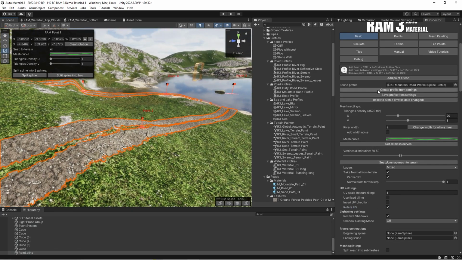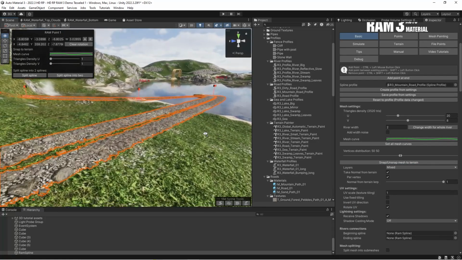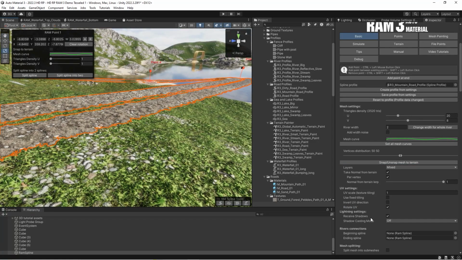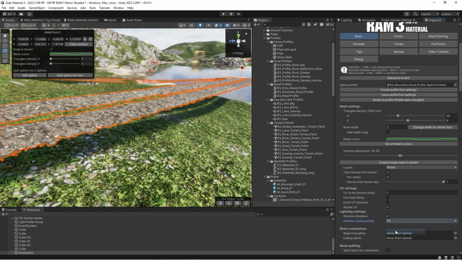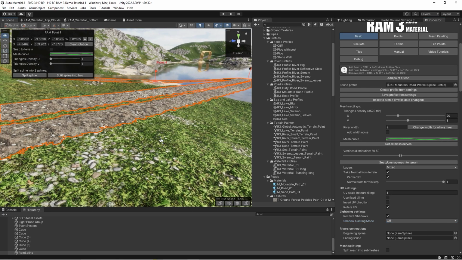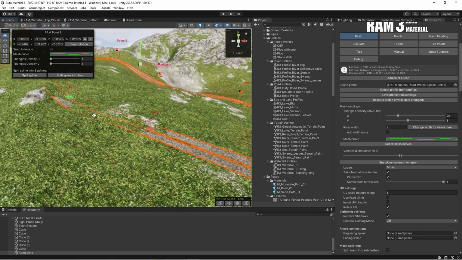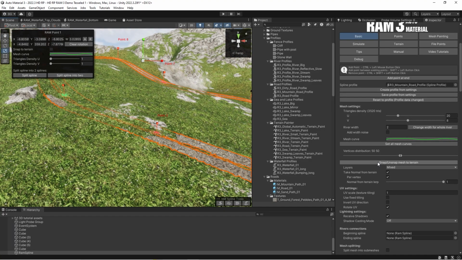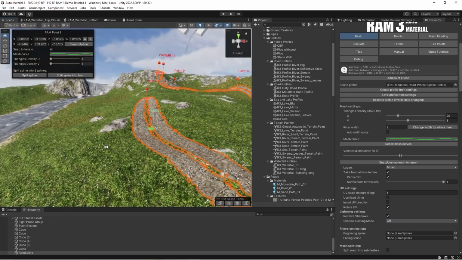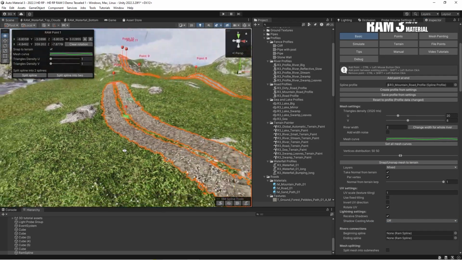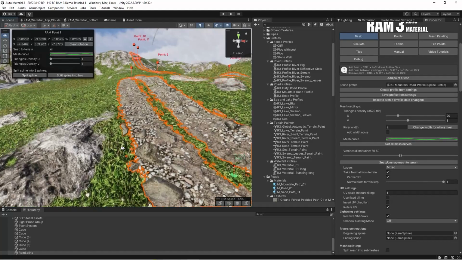Next is a lighting setting. Let's unsnap our spline. You see you could choose retrieve or casting shadows, reverse and snap path to the terrain. Shouldn't cast shadows because, first of all, it's a waste of the GPU resources, but simply, for example,